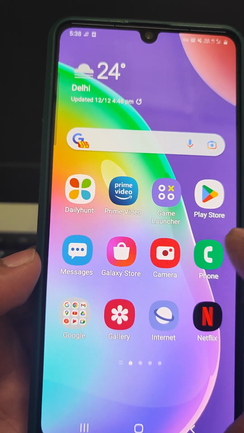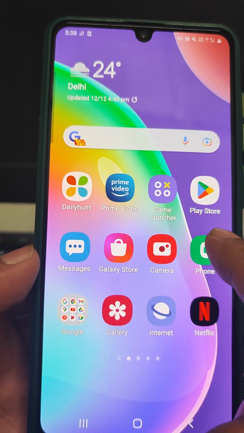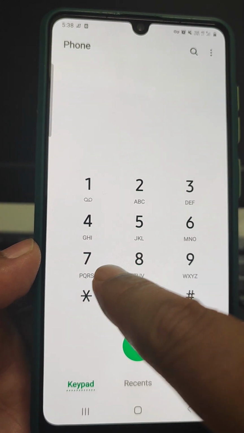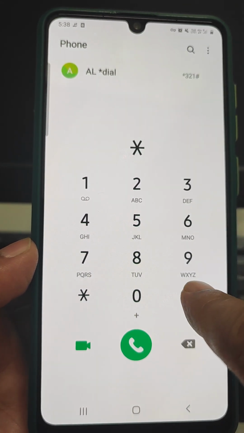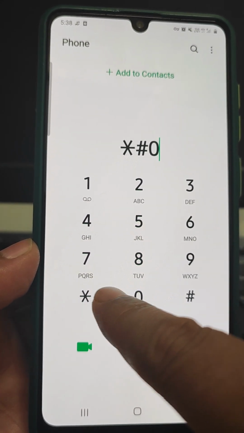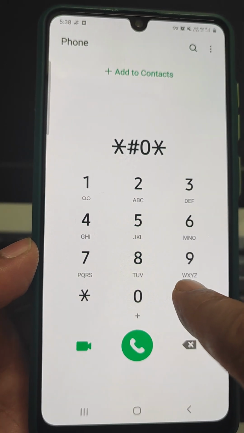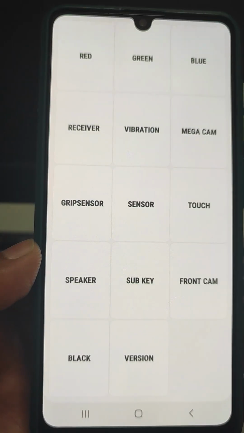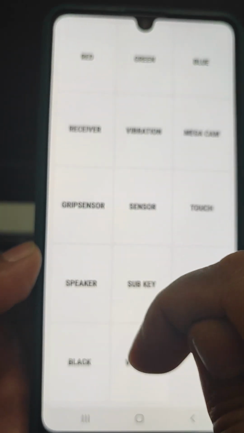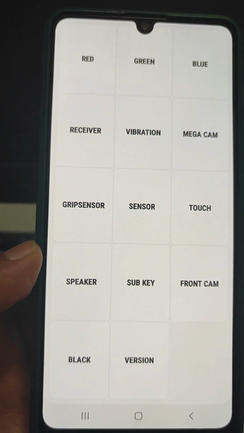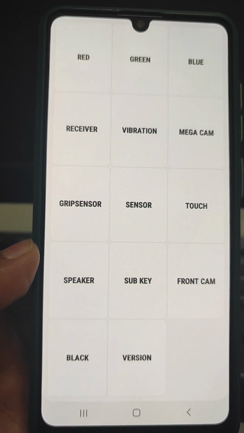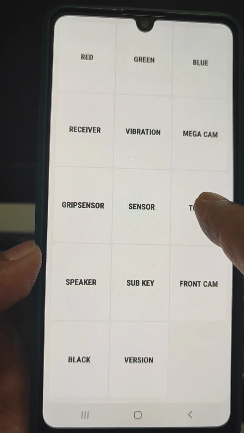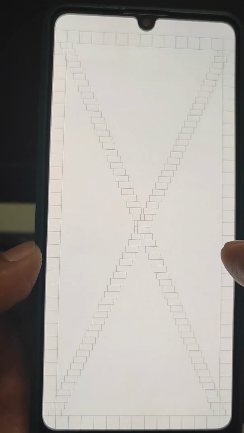Now we will look at some hardware issues of the phone that we need to address. So for this, in a Samsung mobile, we will dial star hash 0 star hash. So now we will go to a diagnostic screen. Here we can diagnose many things. In this tutorial, since we are looking at the display, we will diagnose only the touch. As soon as we touch,